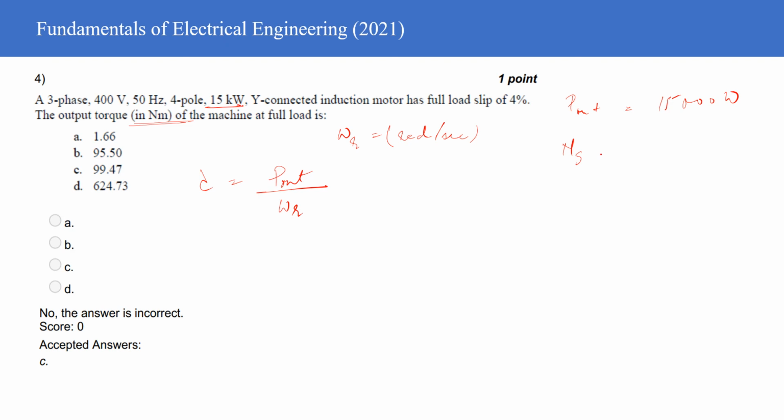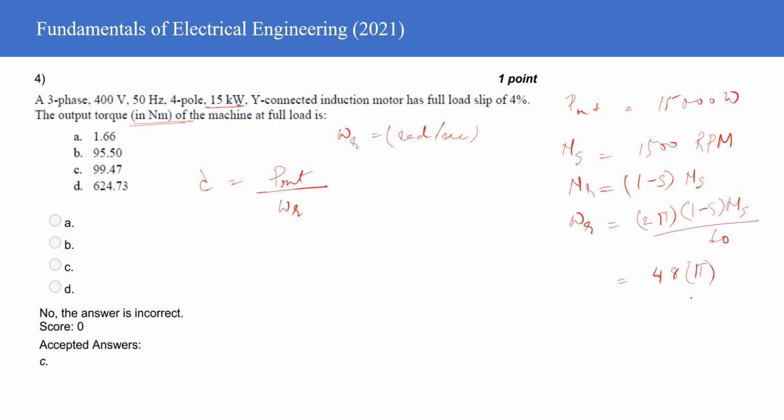And the ns value is also known to you because this is a 4-pole machine, 50 hertz. So just like in the first question, ns will be equal to 1500 rpm, right? And if you want to figure out nr, you can just multiply 1 minus s into ns, which will give you the value of nr, right? But if you want to figure out omega r, then you need 2 into pi into frequency. And what is the frequency here? The frequency will be mechanical frequency, of course. So it will be equal to (1 minus s) ns divided by 60, because we are converting it from per minute to per second frame, right? So if you substitute in the values, you will get the value of omega r as 48 into pi,